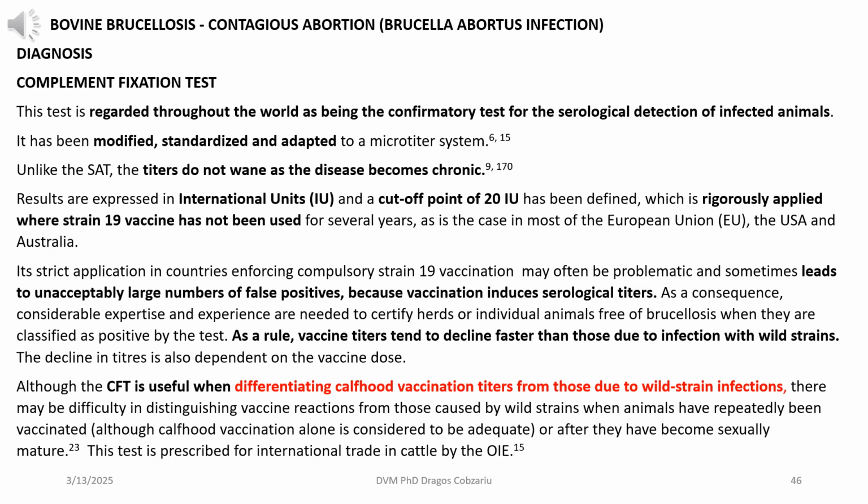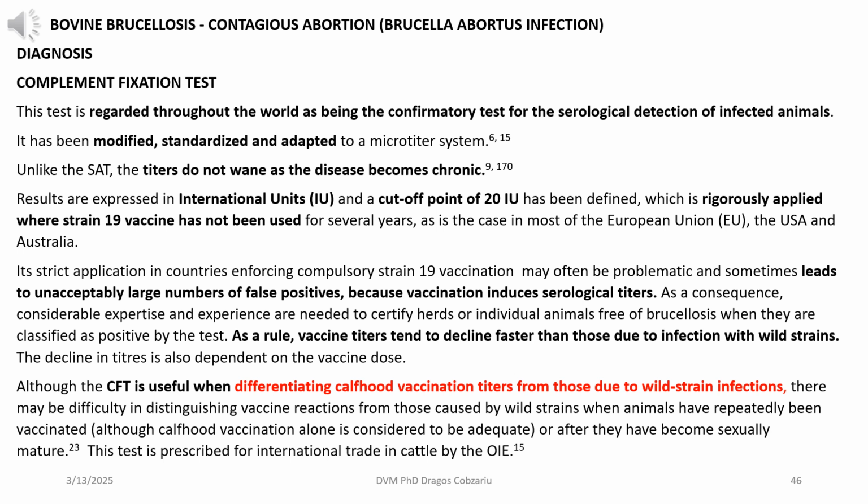Complement fixation test. This test is regarded throughout the world as being the confirmatory test for the serological detection of infected animals. It has been modified, standardized and adapted to a microtiter system. Unlike the SAT, the titers do not wane as the disease becomes chronic. Results are expressed in international units (IU), and a cutoff point of 20 IU has been defined,